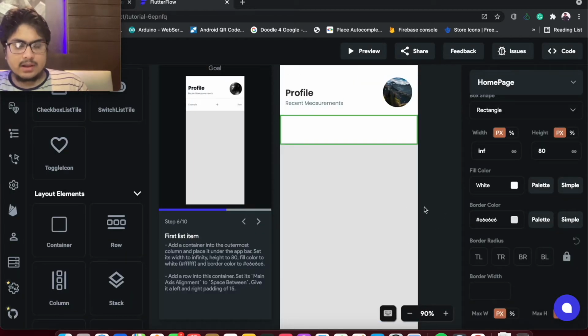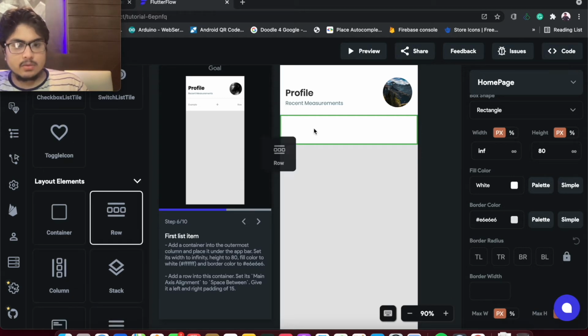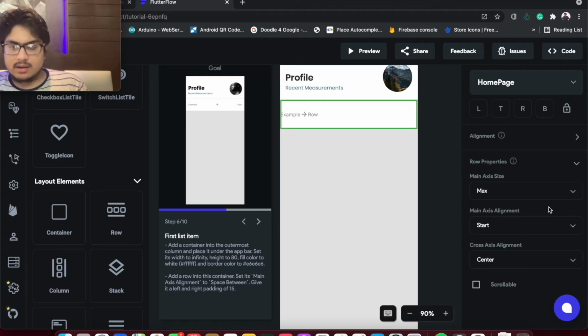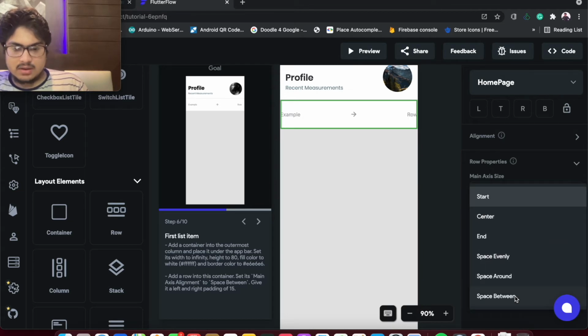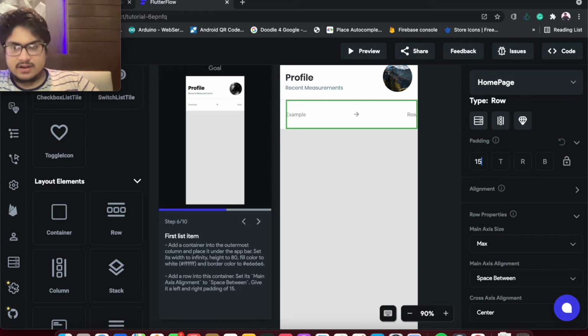Now we'll add a row into this container. So let's add a row. So row is added. Now the main axis alignment of the row will be space between, and left and right padding of 15 and 15.